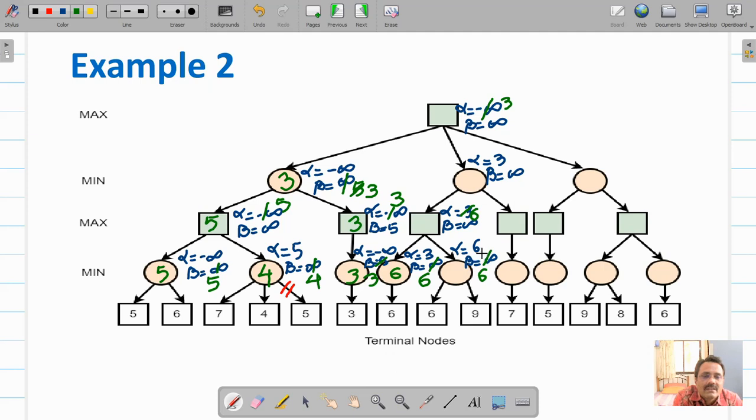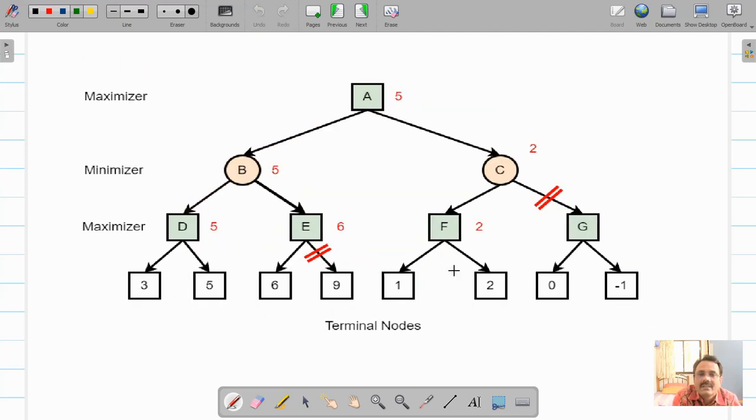Now look at this. Alpha is 6 and beta is 6. So you did not have to go further. So corresponding branch will be pruned because it is minimum node.